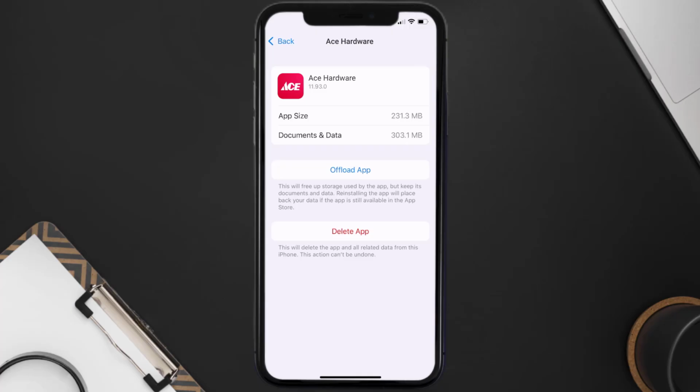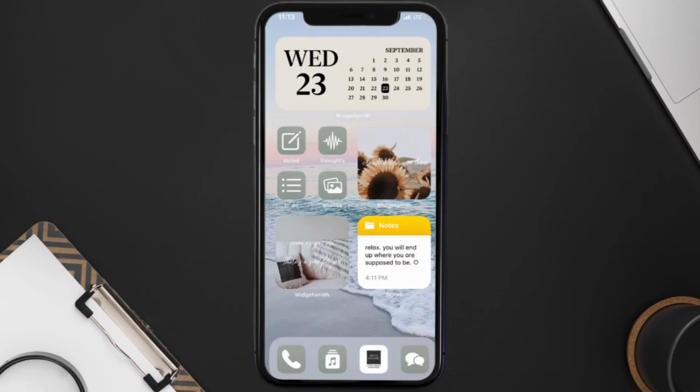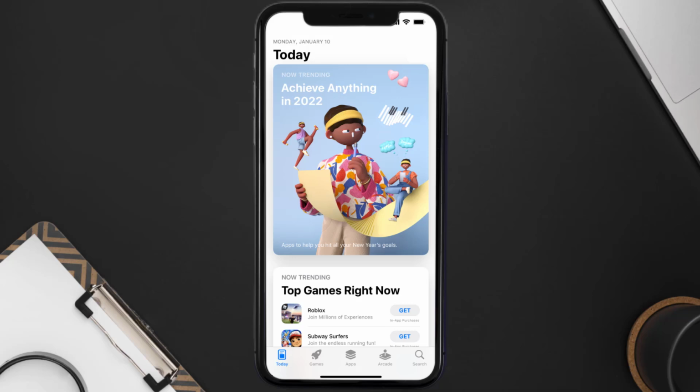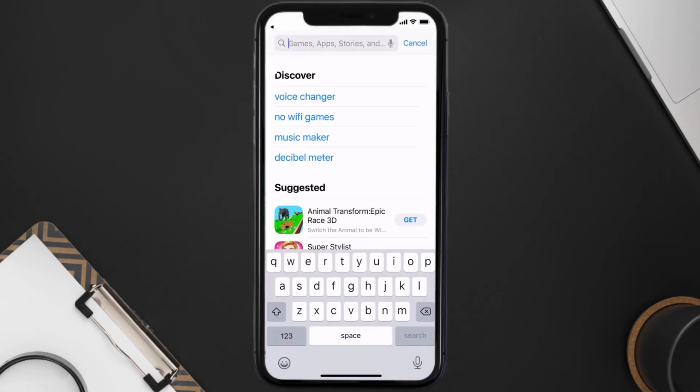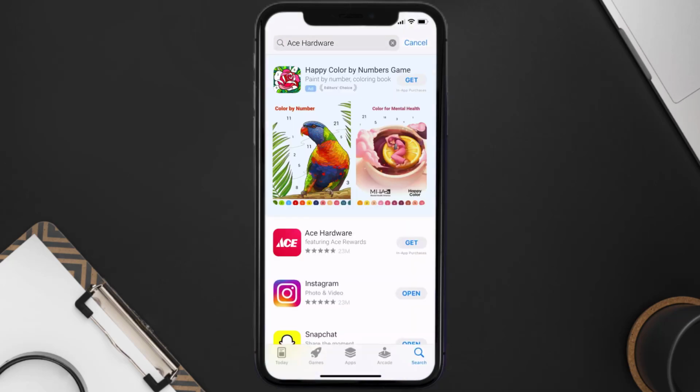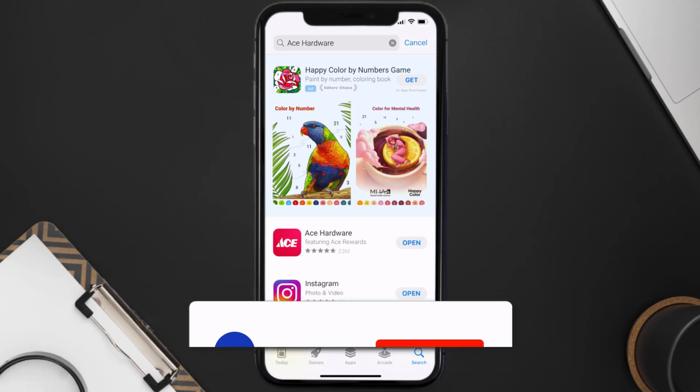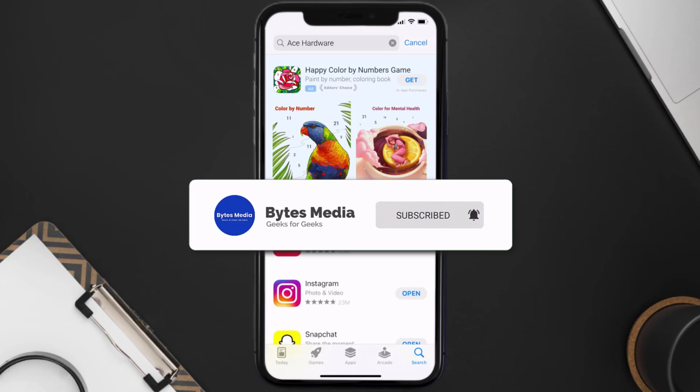Follow the on-screen instructions to navigate all the way to the app page. Once you're on this screen, tap on Delete App to uninstall the app from your device. Once uninstalled, you need to open up App Store and then search for the Ace Hardware app right over here in the search bar, and then click on this Get button to install it back on your device. Hopefully this will fix the issue,